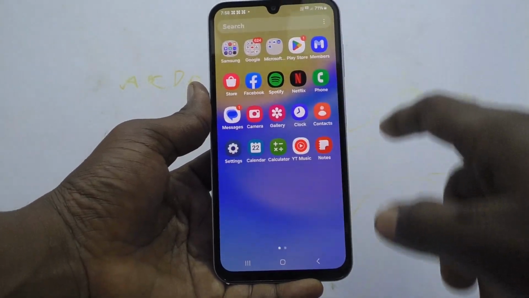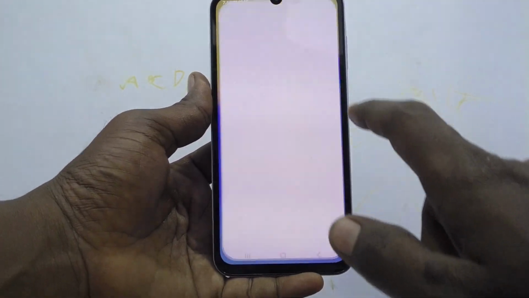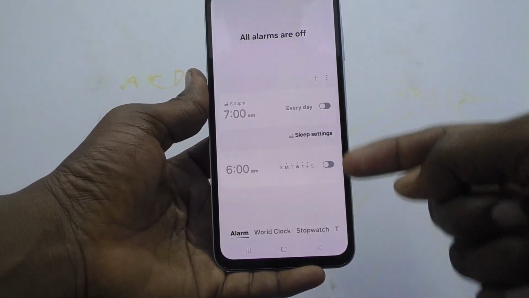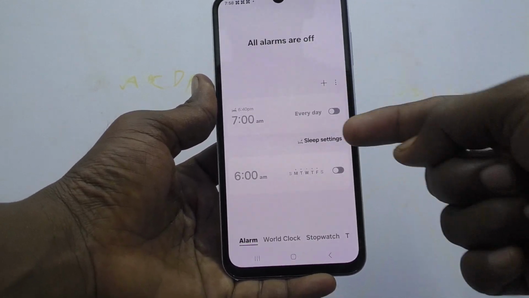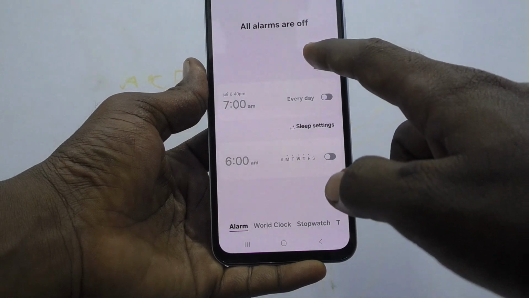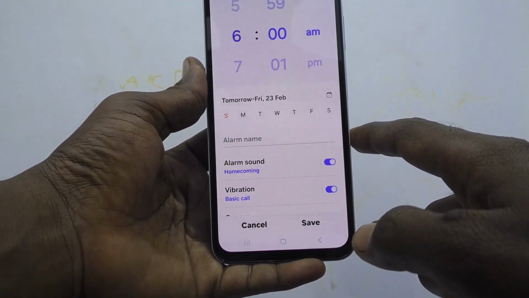First of all, go to the home page of your phone and click on clock symbol here. And here, two alarms are already available. If you want to use them, yes, you can just turn on the button against them. Otherwise, if you want to add your own alarm, just click on this plus symbol and you can set your